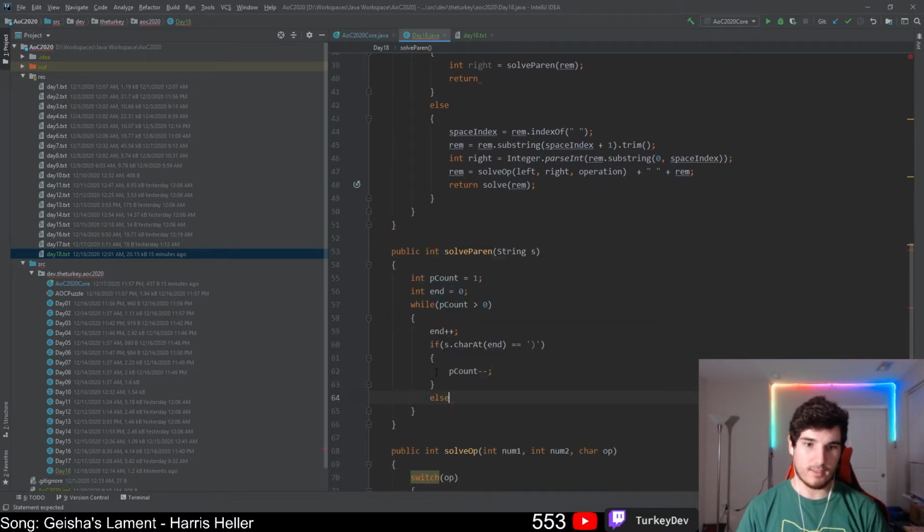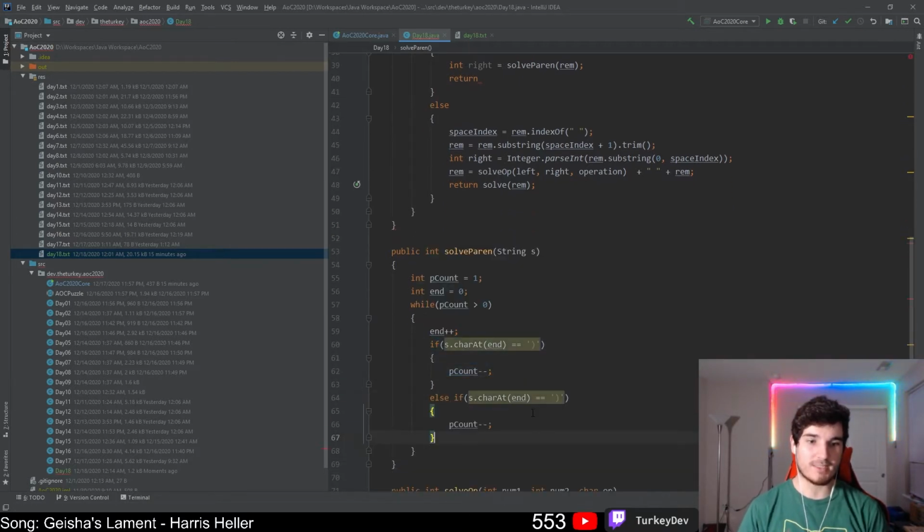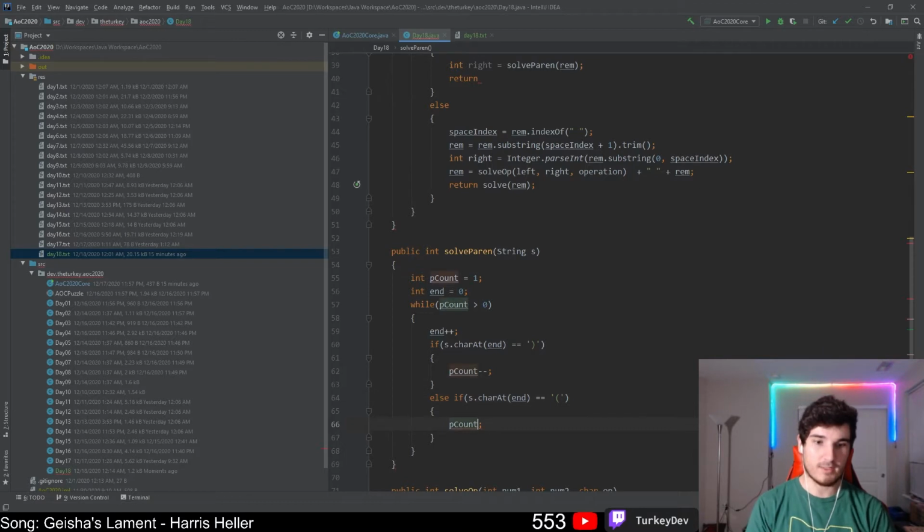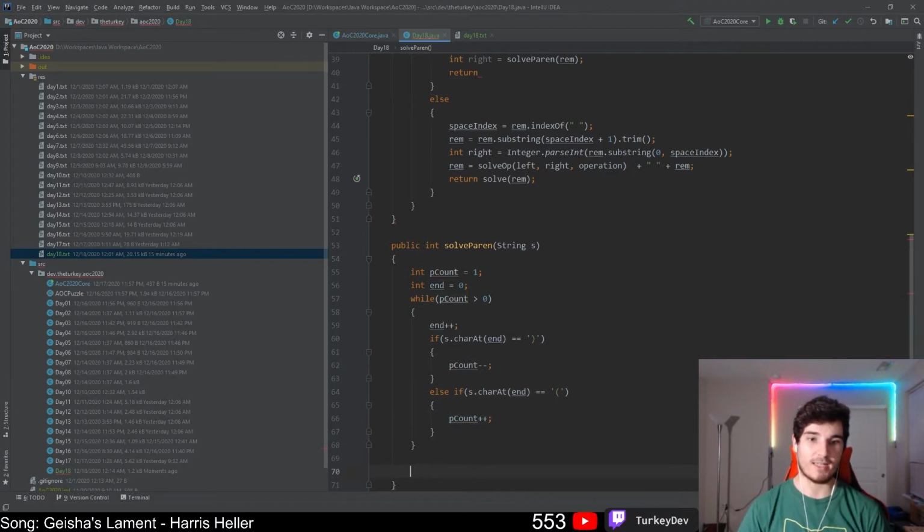Otherwise, if it isn't open, we have to do plus plus, because again, we're trying to figure out where the parenthesis starts and ends. So if we have nested ones, we need to account for nested ones. So this is how we're going to account for nested ones. When we get to the end of this, we're going to have end at 0, or we're going to have the end of where our end index is, p counts, and we're going to do